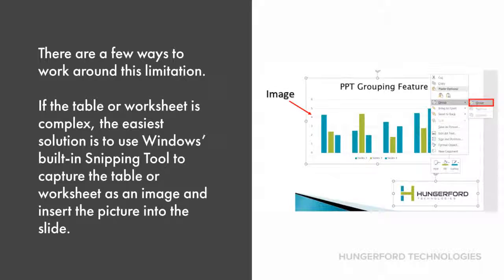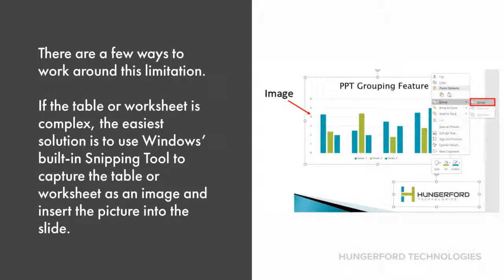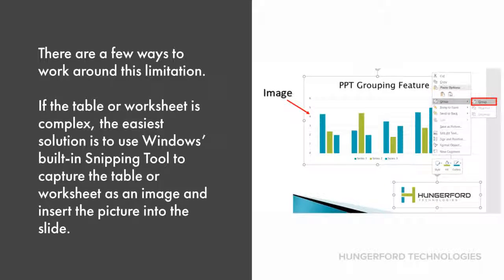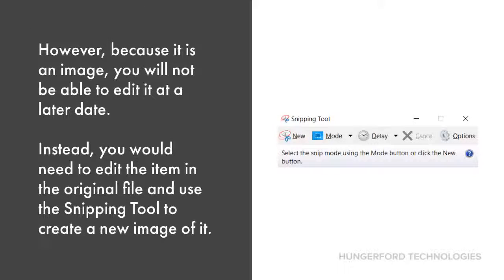If the table or worksheet is complex, the easiest solution is to use Windows' built-in snipping tool to capture the table or worksheet as an image and insert the picture into the slide. However, because it is an image, you will not be able to edit it at a later date. Instead, you would need to edit the item in the original file and use the snipping tool to create a